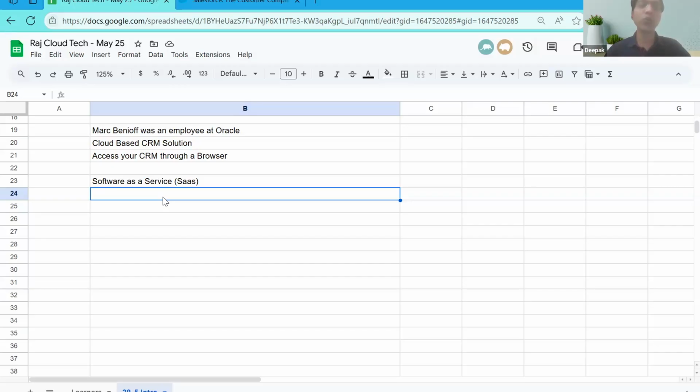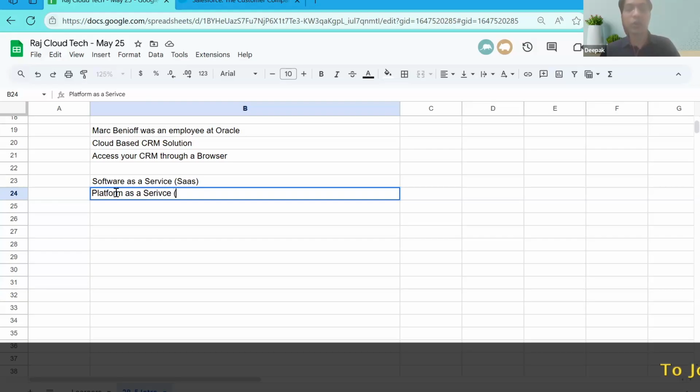For as long as you want to use it, you have to pay me the rent and I am okay earning in that process. So that is what we refer to as the software as a service business model. Back in 1999, when Salesforce was launched, it was only selling software that companies could purchase and make use of. But then it realized, why limit our software? Why don't we open up our platform for others so that they can come and build solutions on this